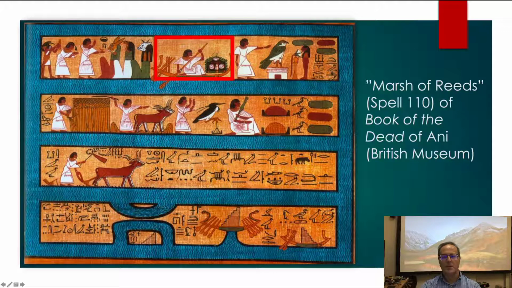Here he is traveling in a boat. And here he is actually receiving offerings at his own tomb. This is his own mummy. And this might, in fact, be the ba form, the bird form of him standing on top of his own tomb. Now, in other depictions, you might even get the husband and the wife in paradise together. But here, Ani is alone.